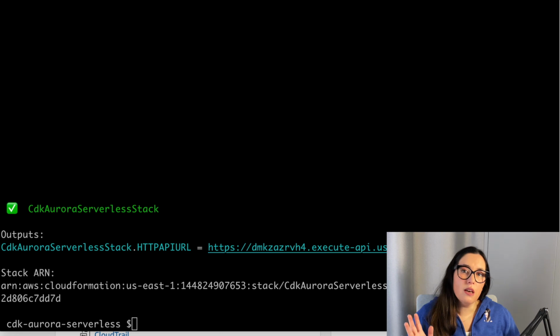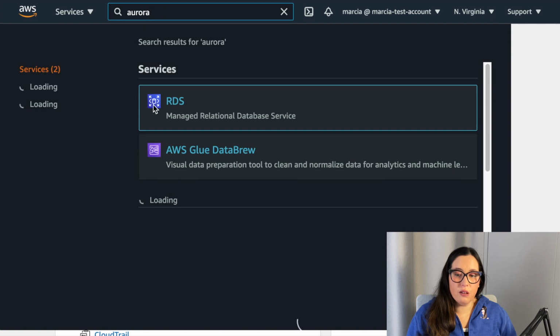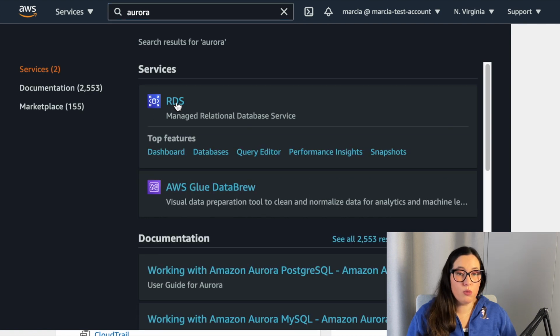But first, we need to create our table. We haven't created a table yet, so our database is kind of tableless. So if we try to execute anything in our application, we will get an error. So we will need to go to our AWS account, where we can type Aurora or RDS and get inside